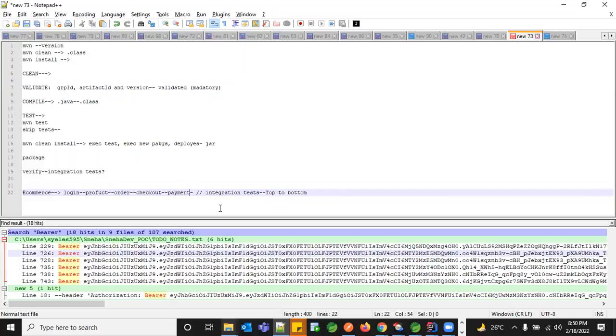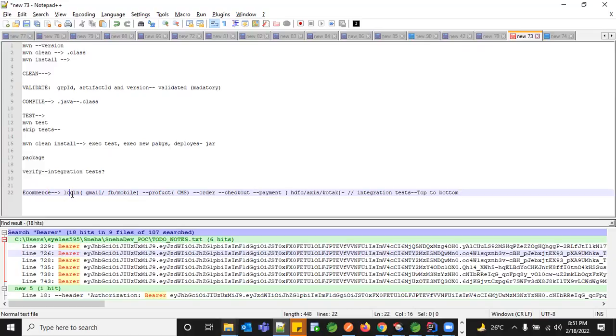If the payment is something you're integrating with your gateway or with a bank like HDFC, Axis or Kotak, this is happening with a third party. Internally this is the flow, but explicitly, the login happens either with Gmail, Facebook or through mobile. This is again a third party communication. The list of products displayed can be populated from a CMS, the content management system, which is a third party. The order and the checkout happen within your e-commerce application.